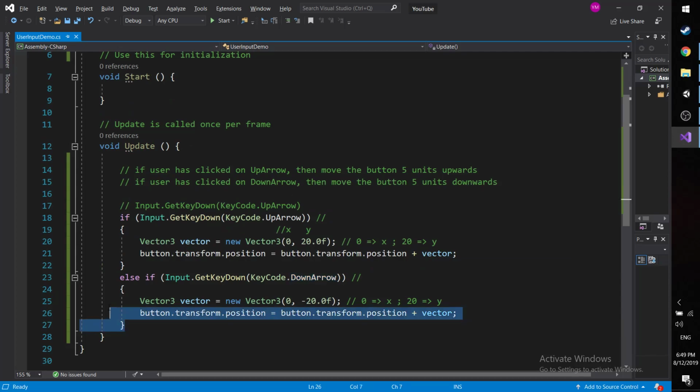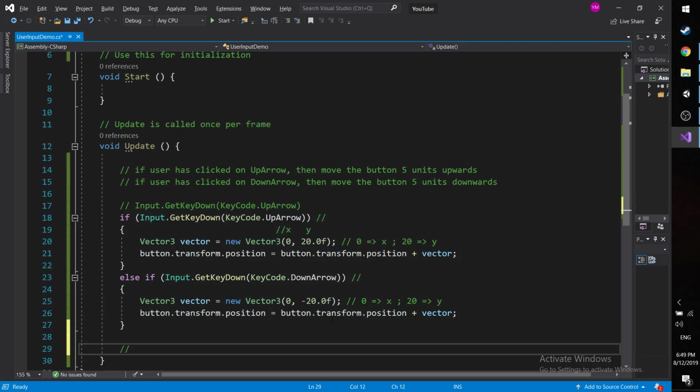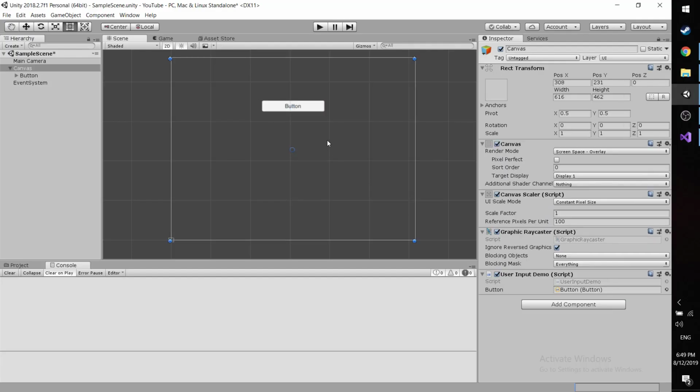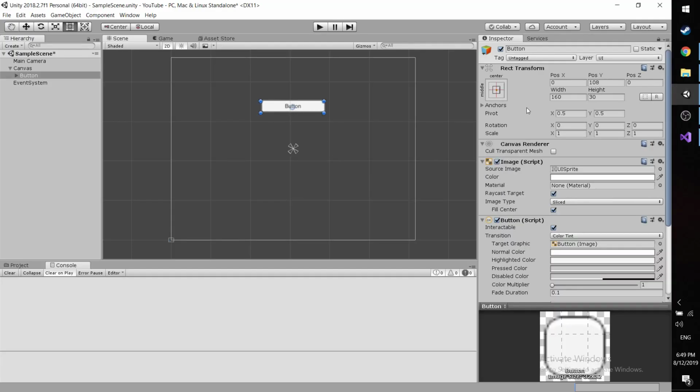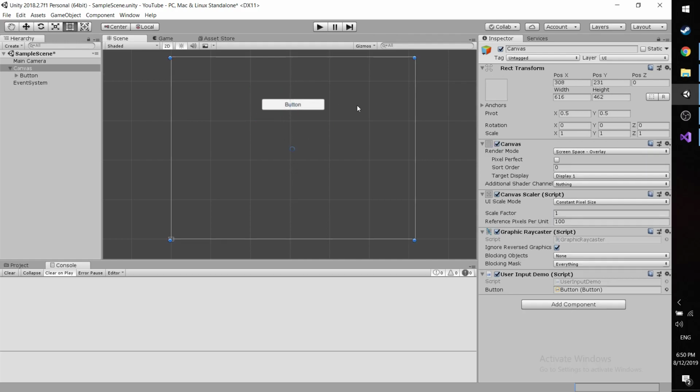Now that we have seen this, I have a mini challenge for you. I want you to implement this. However, instead of going only vertically, I want you to make it go horizontally as well. So meaning if you click on the left arrow, this should go to the left. If you click on the right arrow, it should go to the right. So pause the video now, try to implement it yourself, and then resume the video so you can see the